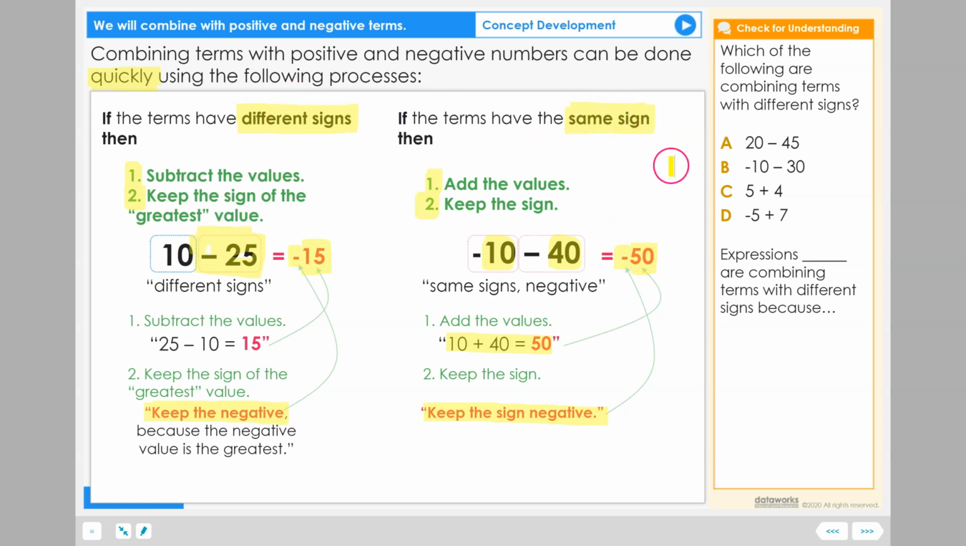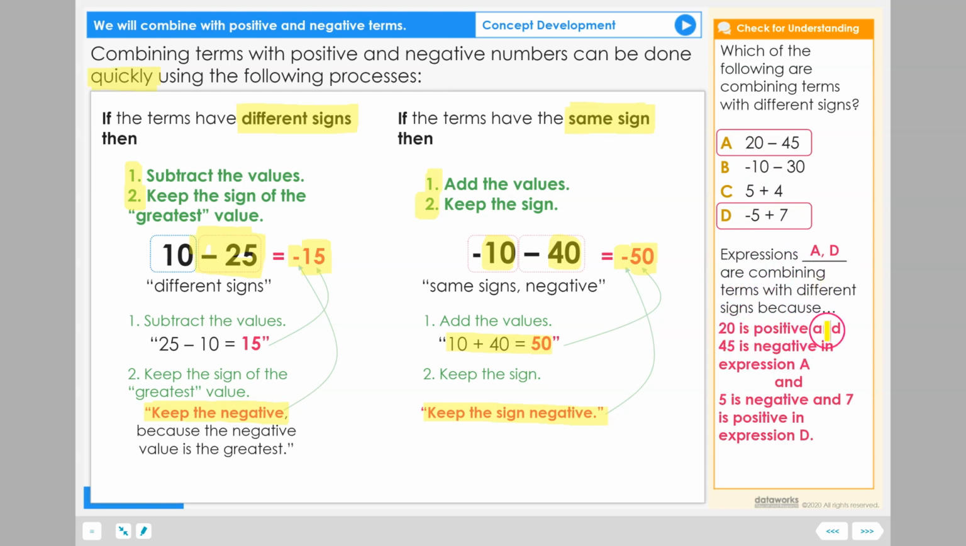Let's check for understanding. Which of the following are combining terms with different signs? A: 20 minus 45, B: negative 10 minus 30, C: 5 plus 4, D: negative 5 plus 7. Expressions blank are combining terms with different signs because... so A and D. Expressions A and D are combining terms with different signs because 20 is positive and 45